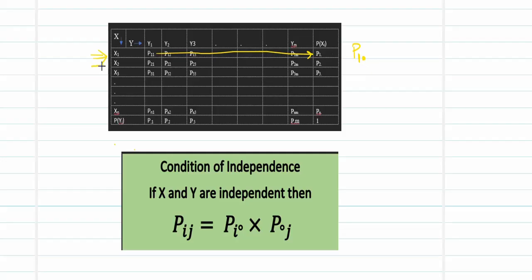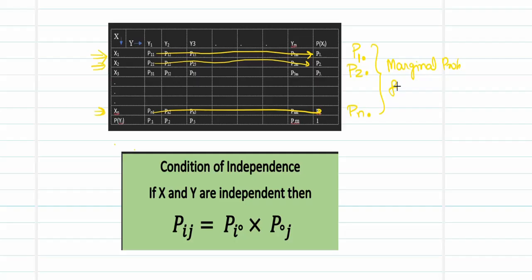Now in the second, x2 is fixed and y is varying, so you get p2 dot. In a similar way, when n is fixed and y is varying, you get pn dot. This collection, where your x is fixed and your y varies, is called the marginal